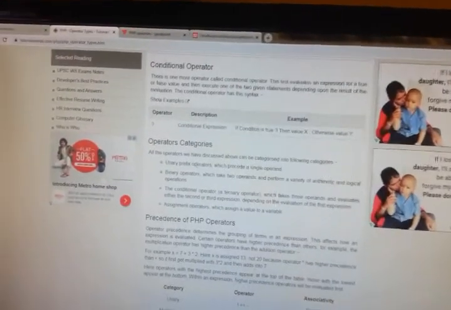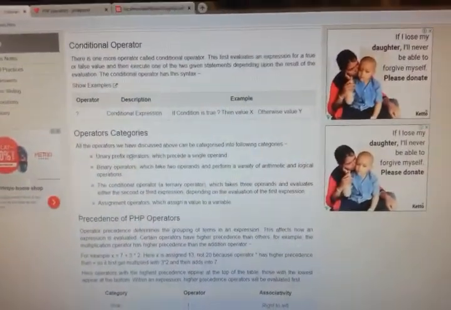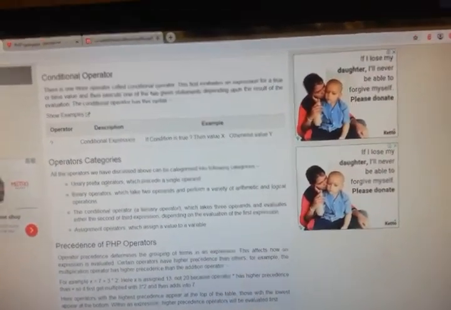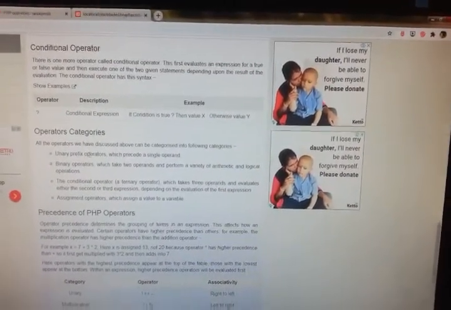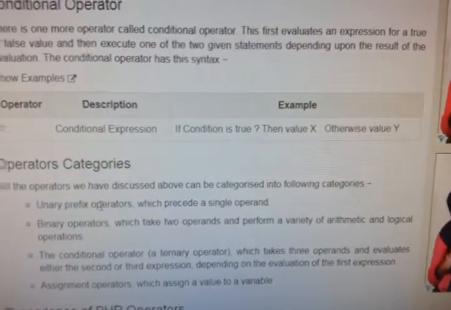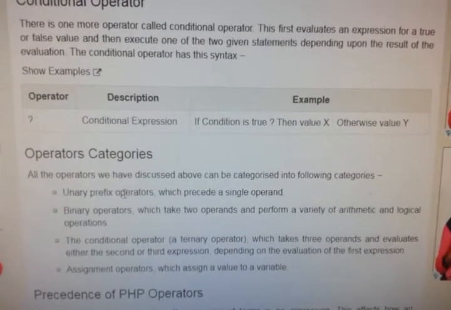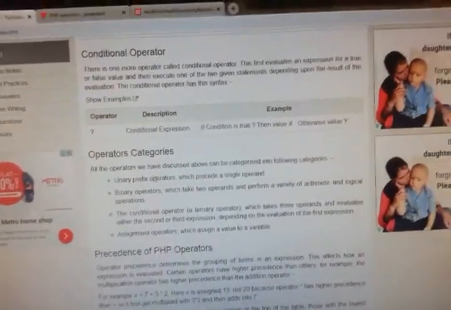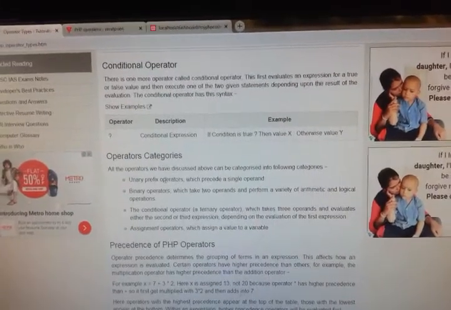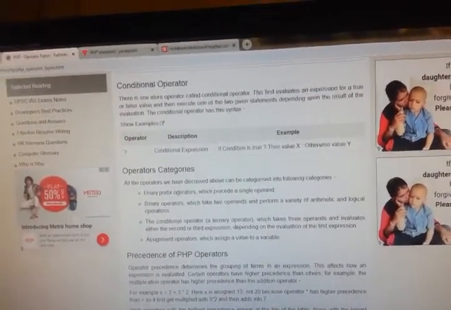So the conditional operator is one more operator where it first evaluates an expression for a true or false value and then executes one of the 2 given statements depending upon the result of the evaluation.